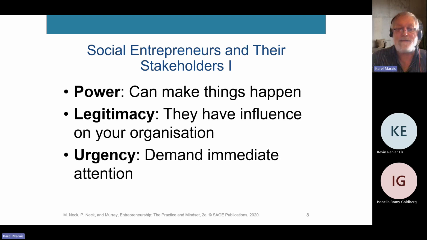Then you've got legitimacy. These are people that have a genuine interest in your business, and that have some legitimate reason to be involved in your business. Once again, that legitimacy can stem from something like the person supporting you financially, and therefore they are somebody important for your venture. It can also be somebody that's important in the social ill that you're trying to address, a chairman of a community organization or something like that.